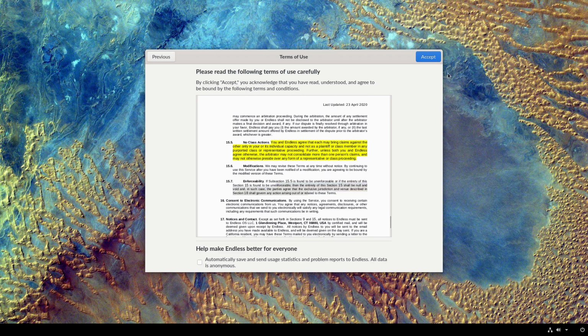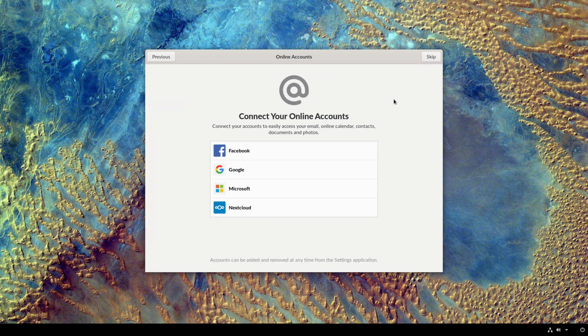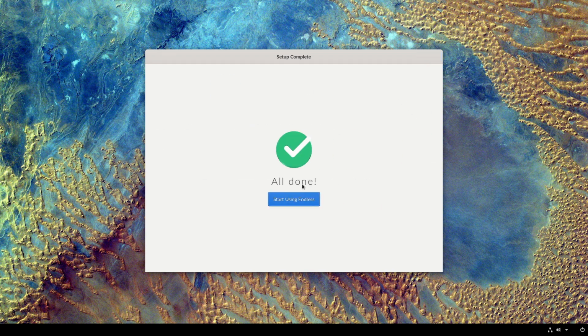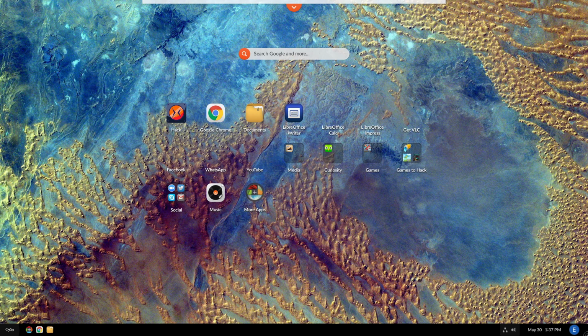We're going to turn this guy off, and we'll go ahead and hit the accept for the purposes of a review. We're going to skip. And then here we have the ability to set or to not set a password. So we're just going to go ahead and not set a password, and then we are going to boot in. Now, on the first installation, it's going to automatically start installing a few software packages. It's going to install LibreOffice, Google Chrome, and one other application. I can't remember exactly which one it is.